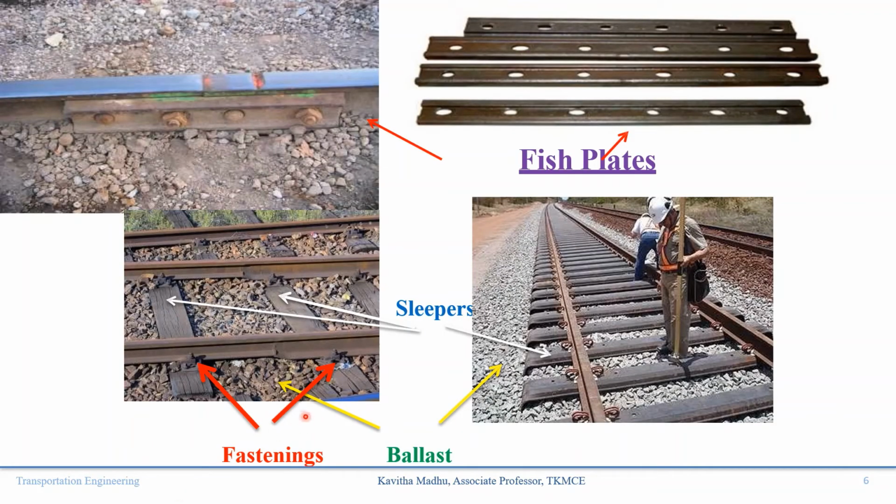All the component parts that we discussed in the earlier section are shown with the help of the figure here. Okay, you can see here there are rails which are fitted to the sleeper, and they are resting over the ballast. So what is this? They are fish plates. So the function of fish plate is to connect two rail sections. So the rail sections are of length 12 to 13 meters, and these rail sections are connected by means of fish plates, and the rail section is fixed to the sleeper by means of fasteners. You can see all this in this figure. You can see two types of sleepers also. This is a wooden sleeper, this one is a steel sleeper.